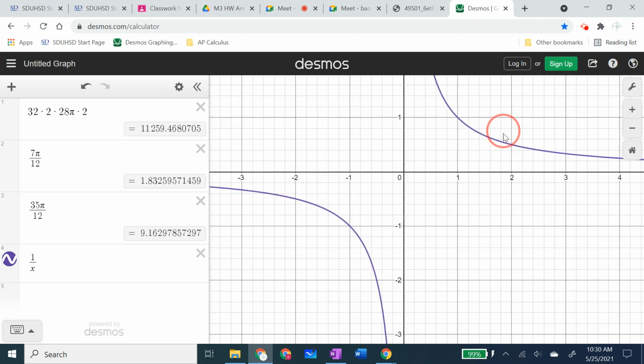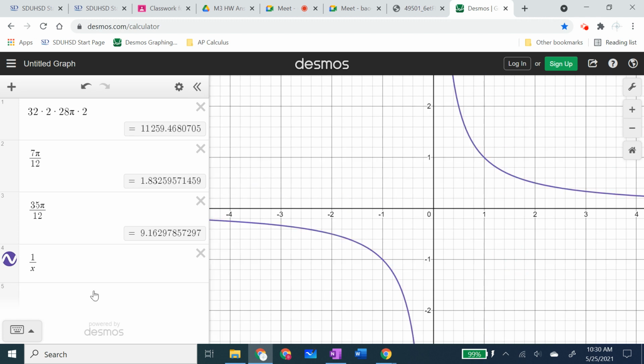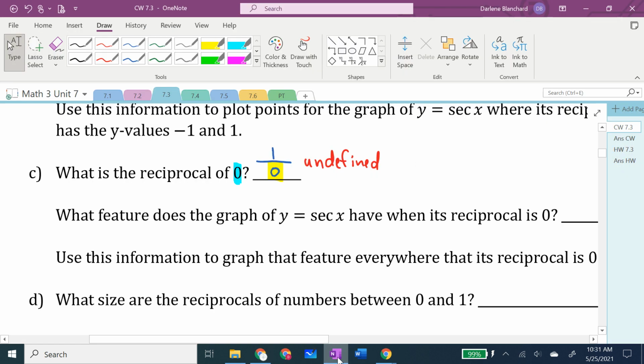In fact, do you remember that we looked at the graph of 1 over x back when we did rational functions? And do you remember that when that denominator was 0, that's where we had the vertical asymptotes? So what I want you to be aware of is